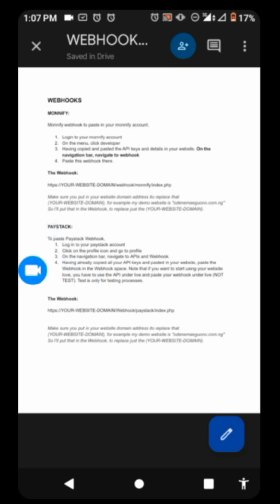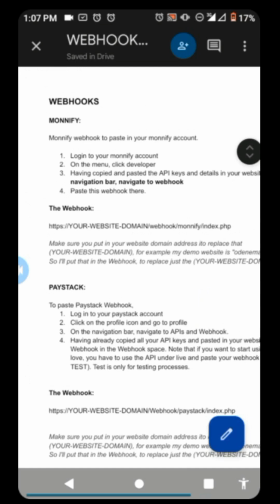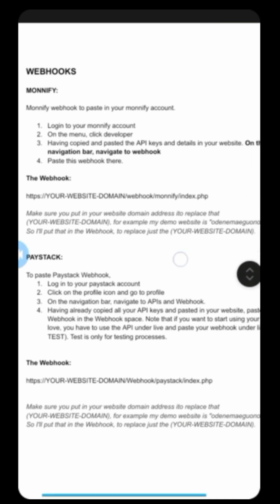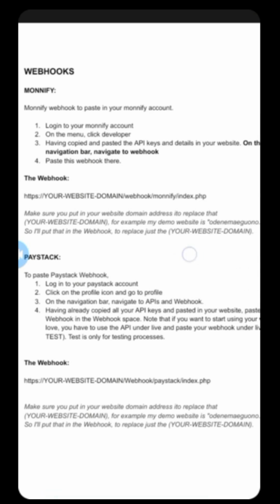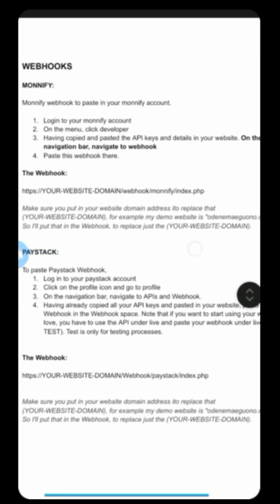So this is the documents. So for modify webhook, log into your Modify account. On the menu, click developer, having copied and pasted the API keys and details in your website. On the navigation bar, navigate to webhook, paste this webhook there. So the webhook is, look at it here,